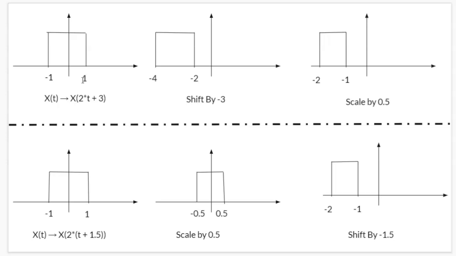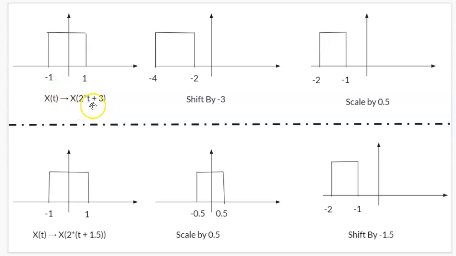There are two ways to do this, and I'll show you the differences. First, let's be very clear what our aim is. This graph corresponds to x of t, and the independent variable is t. For a corresponding t, let's say t is equal to 1, we get a corresponding x of 1 value. If we wish to draw the graph of x of 2t plus 3, then we wish to find such an input value of t for which this entire argument will become 1, and only that value will correspond to x of 1. So we wish to find out what value should be given to t so as to make this entire argument equal to the corresponding t.